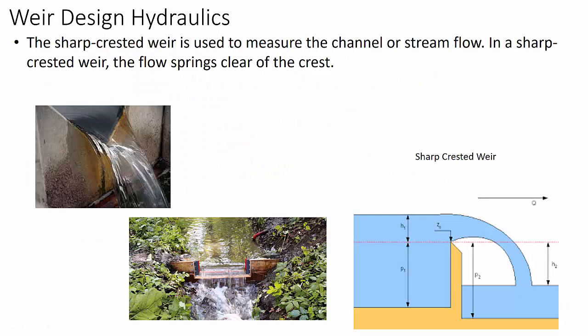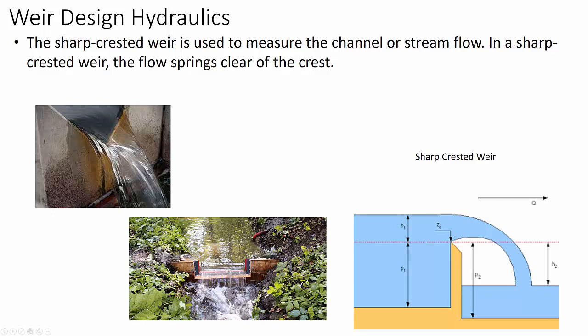Sharp-crested weirs are used to measure channel flow. And so we have rectangular and V-notch sharp-crested weirs. Sharp-crested weirs have much simpler energy dynamics. As you can see, you have basically a head, and then you have a depth above, and then you have some elevation Z, and so you have P1 and P2. That's the difference above and below, and then H2 is the height from the top of the weir to the water surface, and then Q over this system is directly proportional to height, and that's why they're very good for